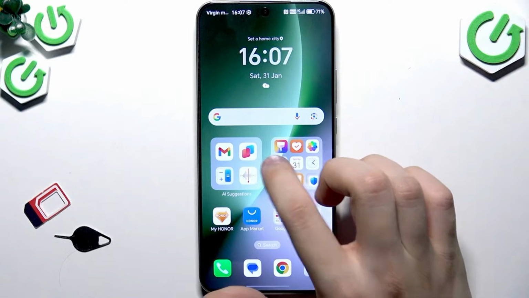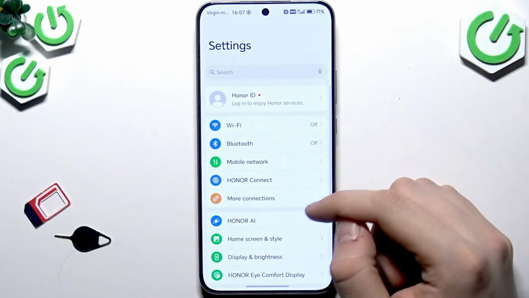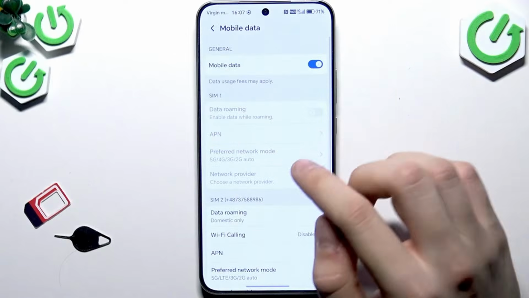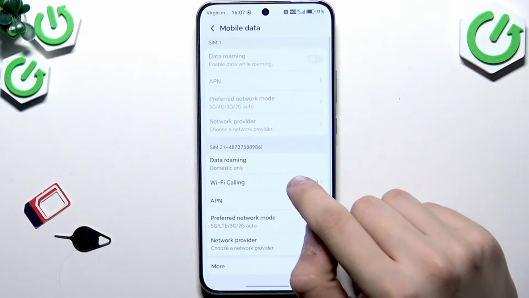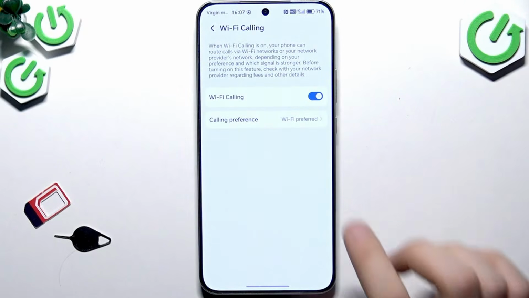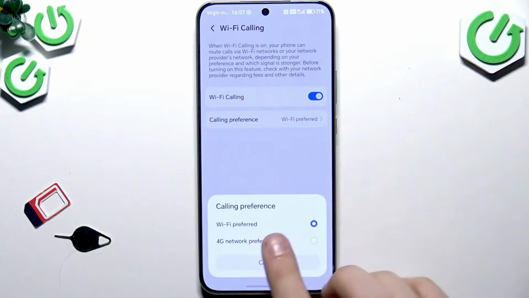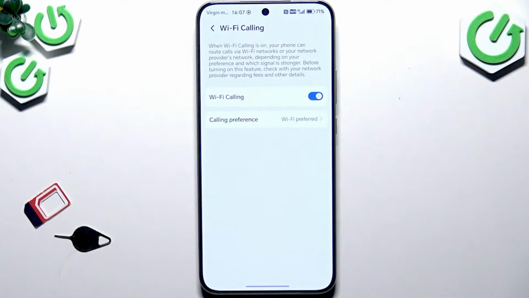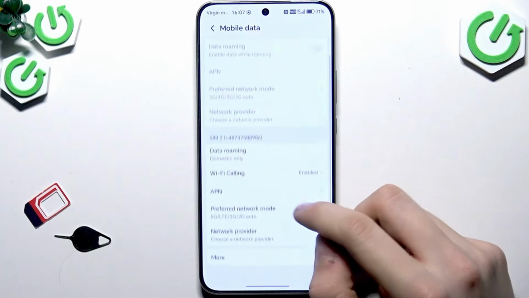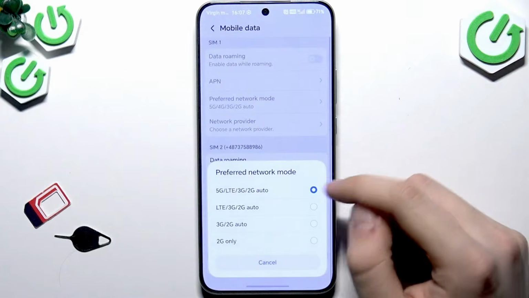Apart from that, open this gear icon to go into the settings. Here tap mobile network, mobile data, and now here tap Wi-Fi calling. Enable this option, Wi-Fi calling, enable. Here tap calling preference and select Wi-Fi preferred. This should fix your signal if you are in some building, like for example some corporation, some company building, and everything should be nice. If it still isn't nice, you need to go back, tap preferred network mode, and now